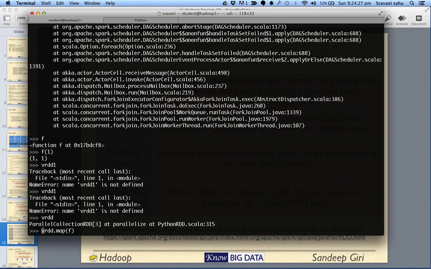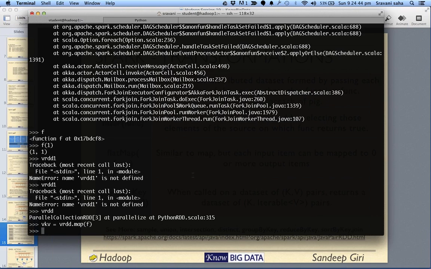What exactly are we trying to do? Just a second. We have got a function which is basically converting it into key value pairs, and we say vkv equals this, and vkv dot collect.